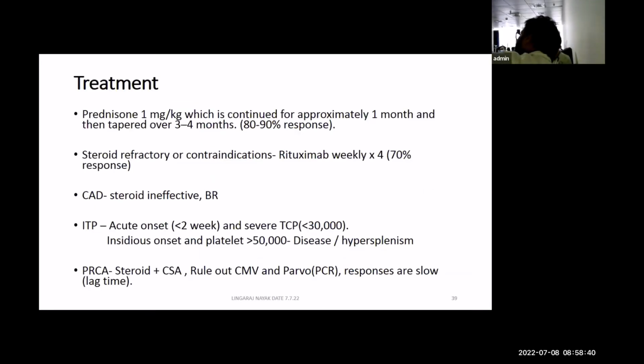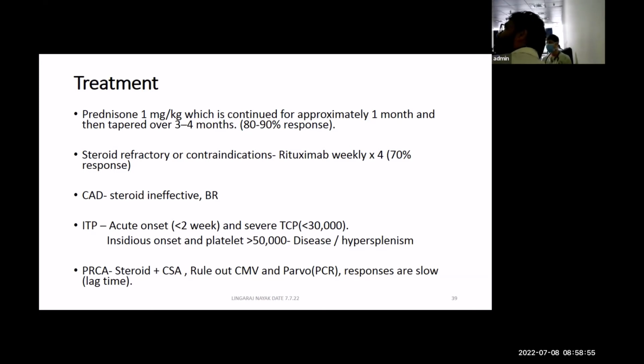As I said, typically how you treat this patient: start with prednisolone 1 milligram per kilo, give for a month, and then taper. Slow taper is important. You should not just stop and taper fast over 2 weeks and then think that the autoimmune problem is gone. They have a tendency to recur, right? So the tapering has to be gradual.